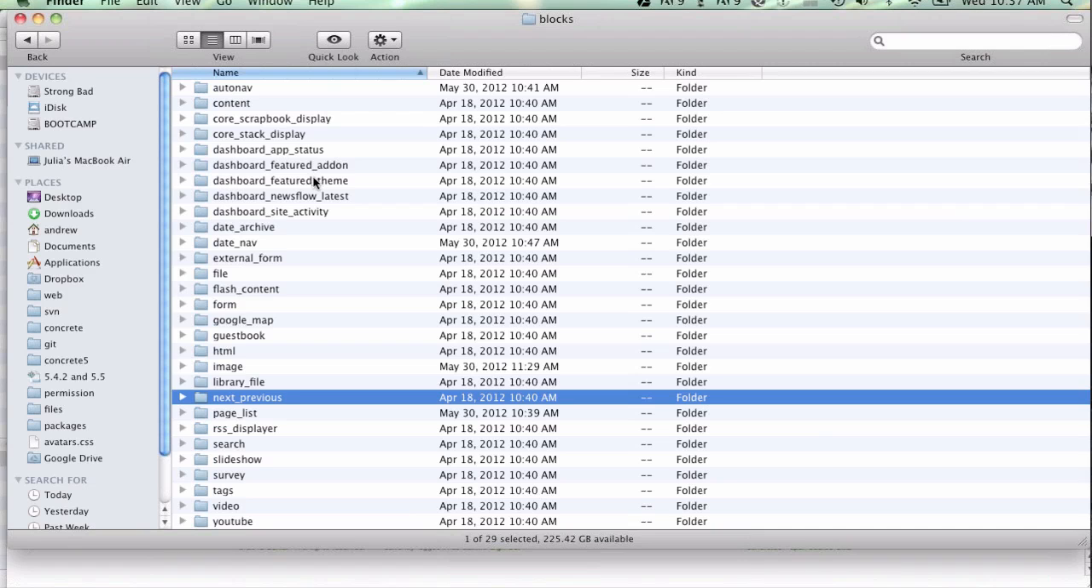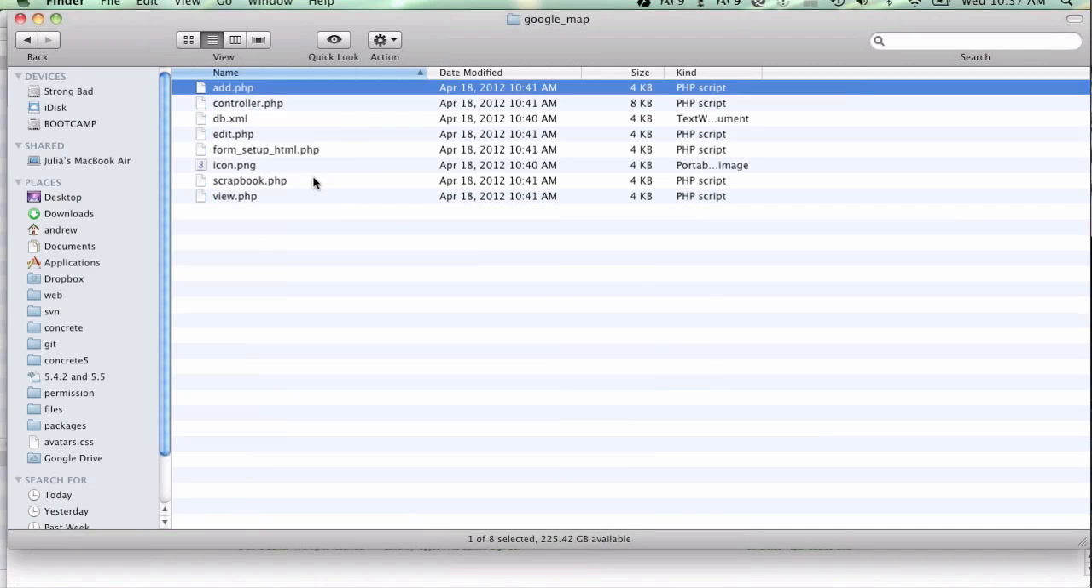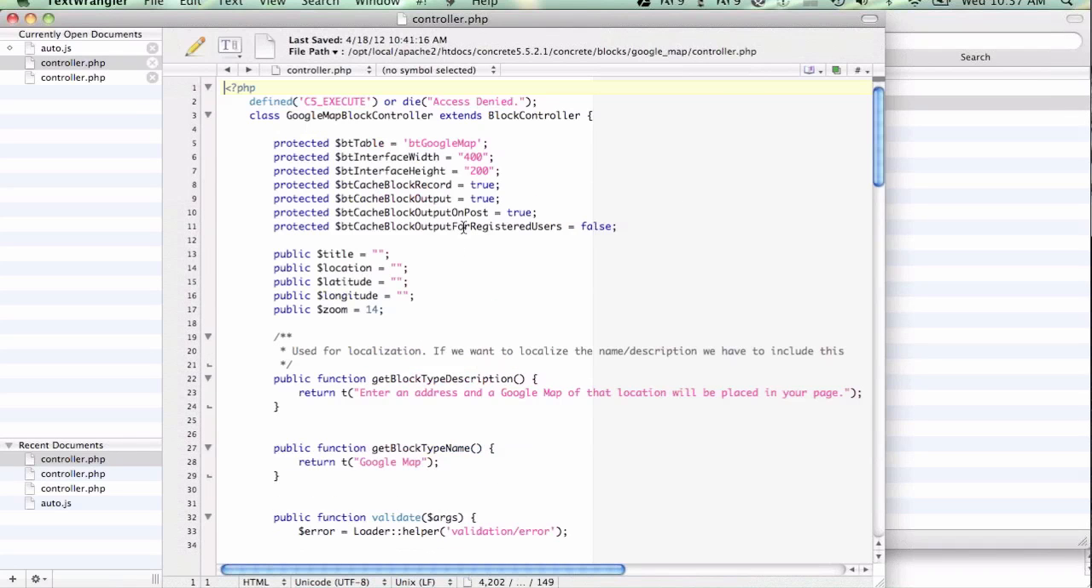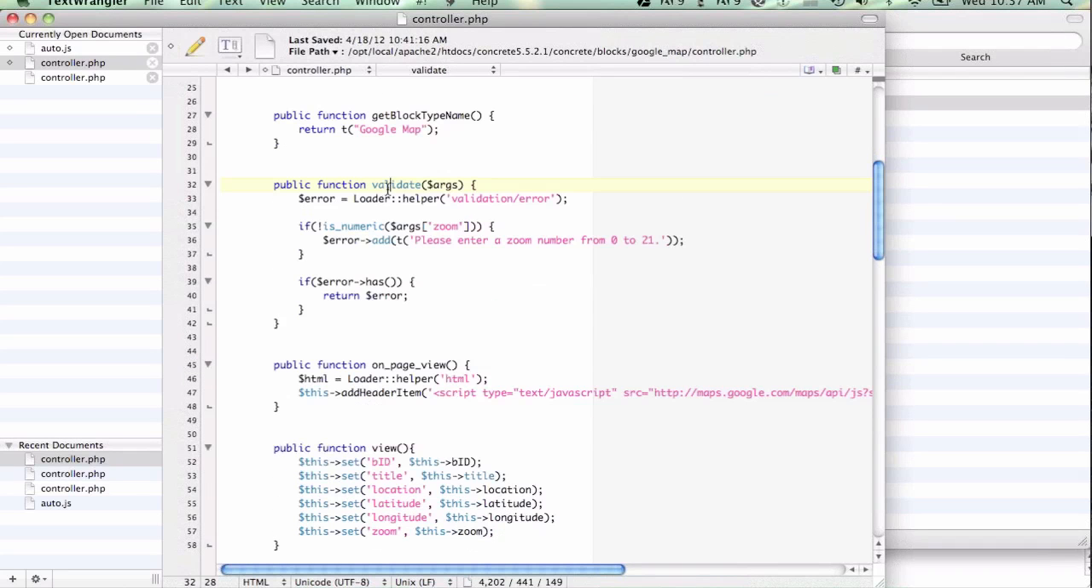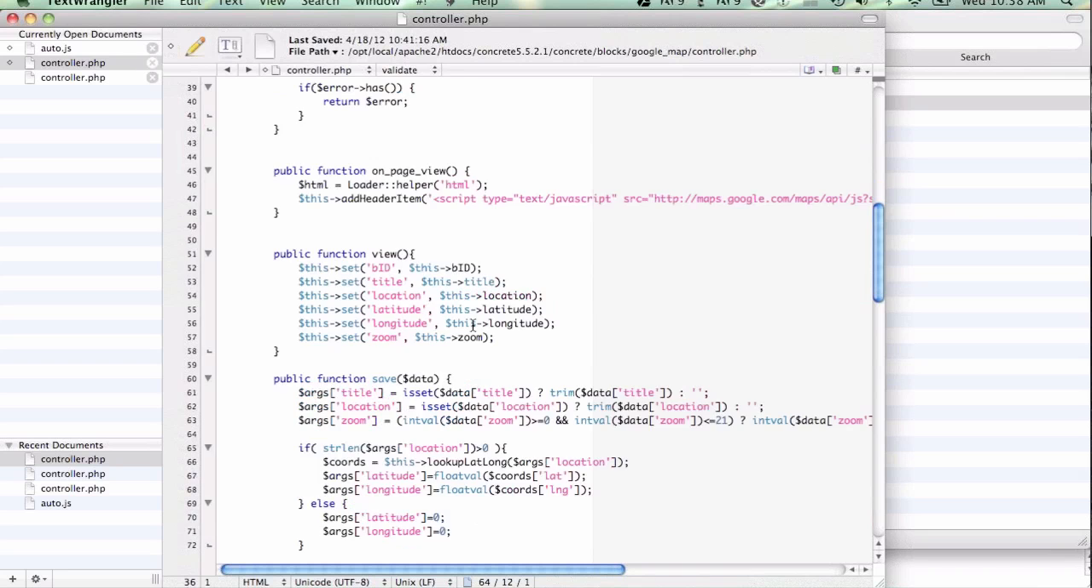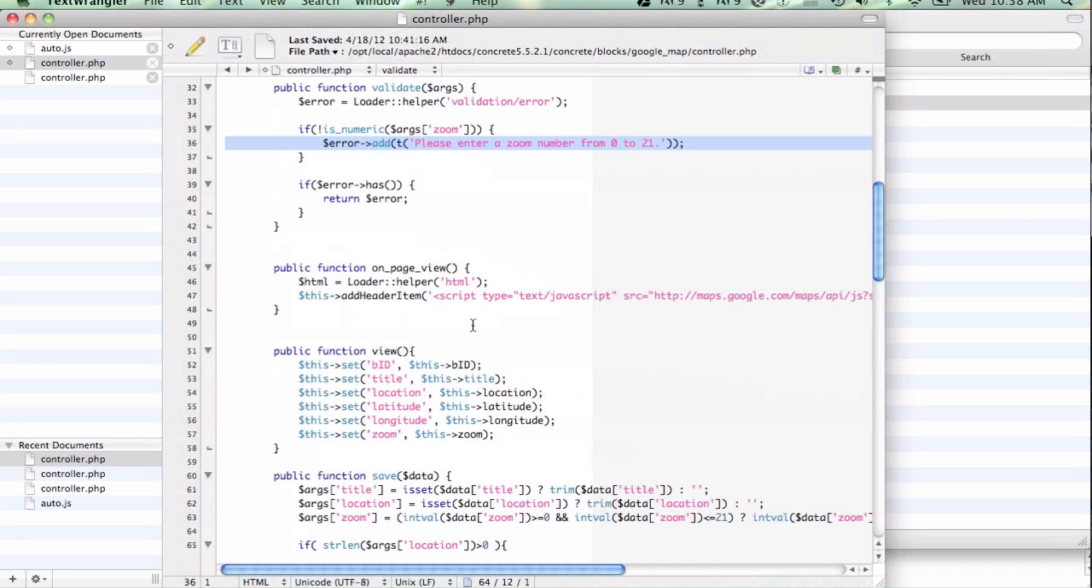It's PHP. So if I take a look at the Google Map block again, you can see that validate is working here. We're checking to see whether zoom is numeric, although this is actually not the best way for us to be checking this. We should probably be checking whether it's an integer, and this actual case could be written better. But what's interesting about this is, if I had to look at this, you could also,